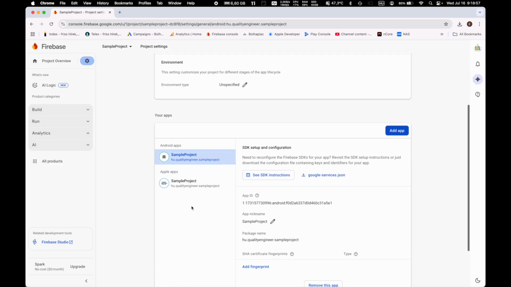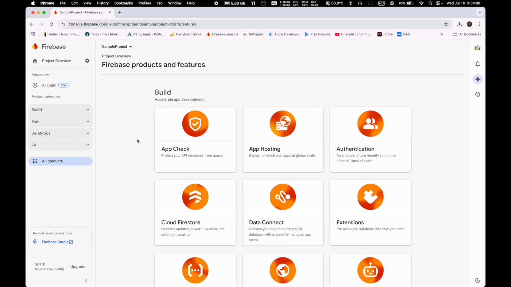Okay, so now the projects are generated, and you can start to set up your applications with these defined projects. How you need to set up these in your application, I will tell you in the next tutorial. Once your setup is completed, then you can start to use the